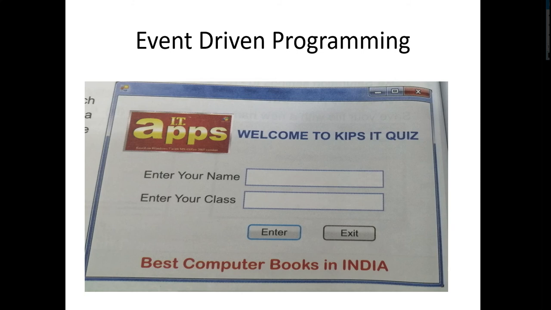Such actions are called events. So understood students, what is an event? An event means we press any key on the keyboard or select any application on our computer with the help of the mouse. That action is called an event.